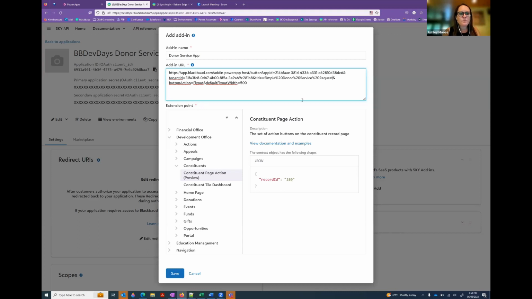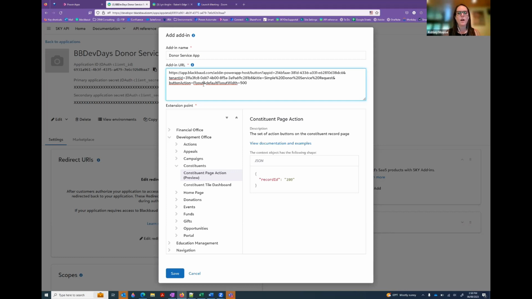And these other pieces, if you're curious, this part up here is just telling us what kind of add-in this is. So this is a Power App add-in. Other types could be a straight web request add-in. After this, we're telling it that it is a button as opposed to perhaps a tile. And then we're telling it down here, what action does it have after you click on the button? Is it a flyout, so we see it over to the right-hand window, or is it a page